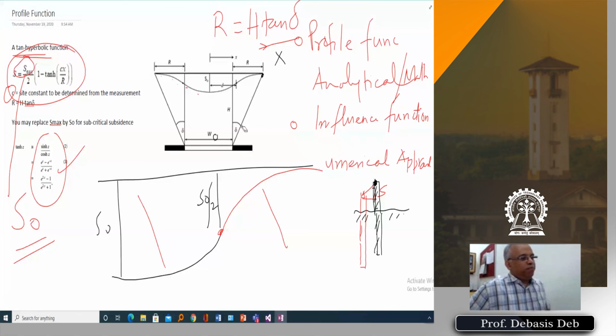Okay, but the main thing is one has to measure it, and this is a very painstaking job. Normally the mining people measure it, so they have surveyors and they periodically measure the subsidence. This is also mandatory. They have to measure subsidence. Okay, the mining people. So with this, I will stop right here.